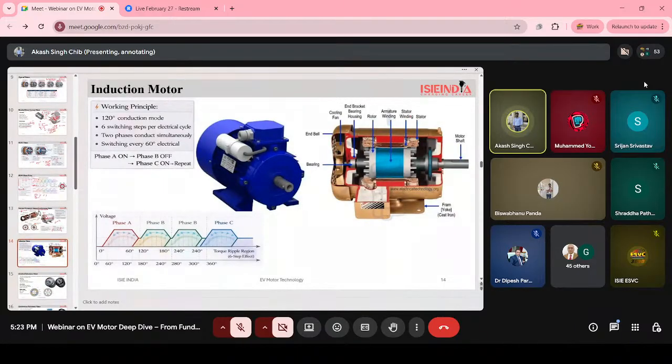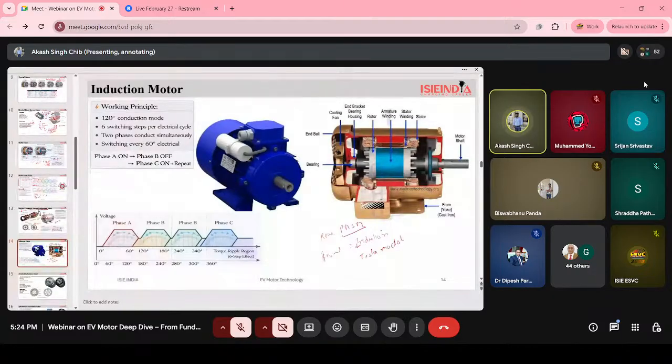We can take an example like the Tesla Model S. In heavy-duty vehicles, we basically use induction motors. In the Tesla Model S, two motors are used in the wheels. In the rear wheels, they have used a permanent magnet synchronous motor, and in the front wheels, they have used an induction motor. Okay. So this is the